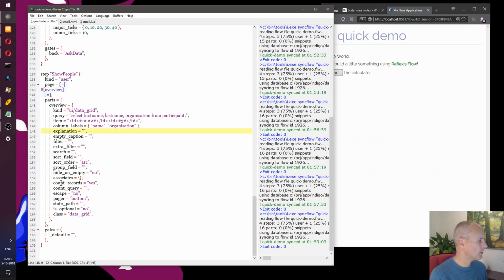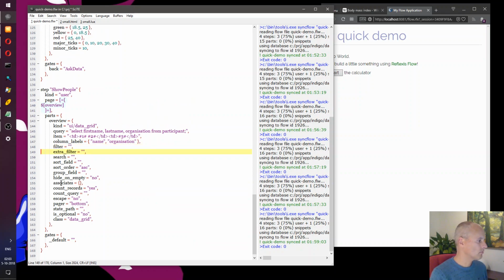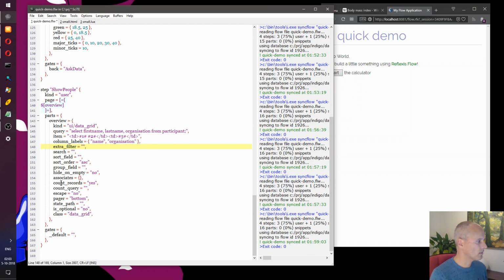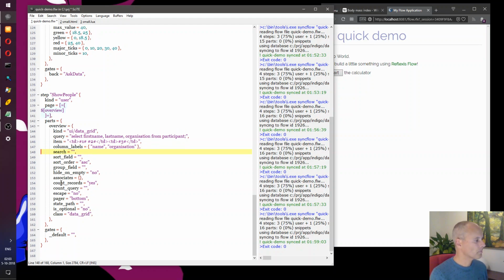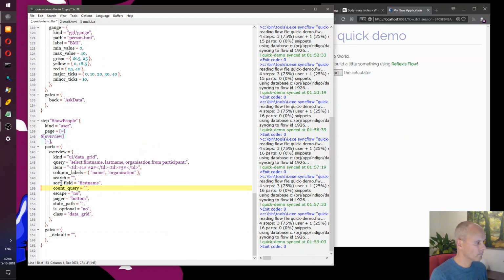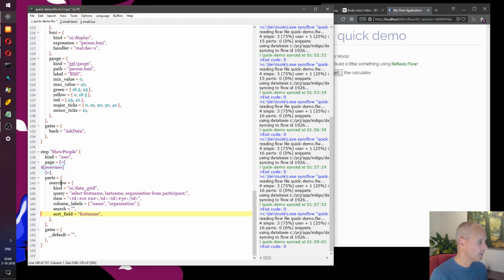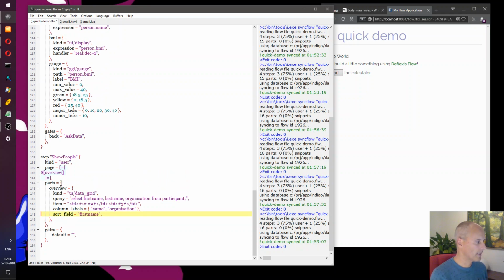Let's not make anything. Filter could be interesting. No. Yeah, let's keep this, and let's sort it on first name. I'm basically removing all the stuff that I think I don't need. This is something that we'll add later on.